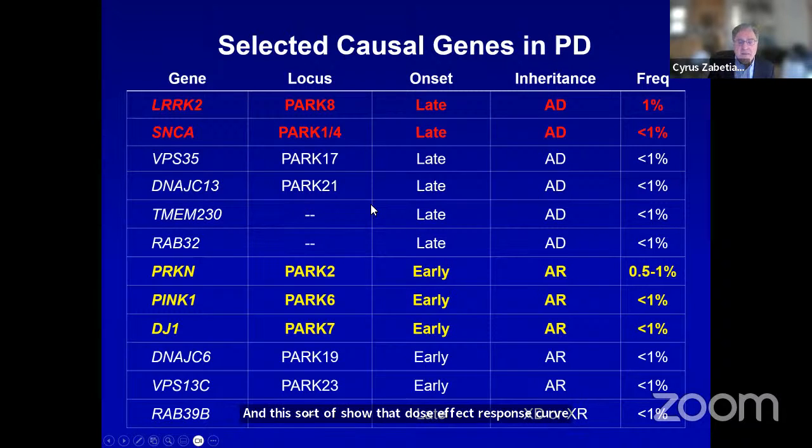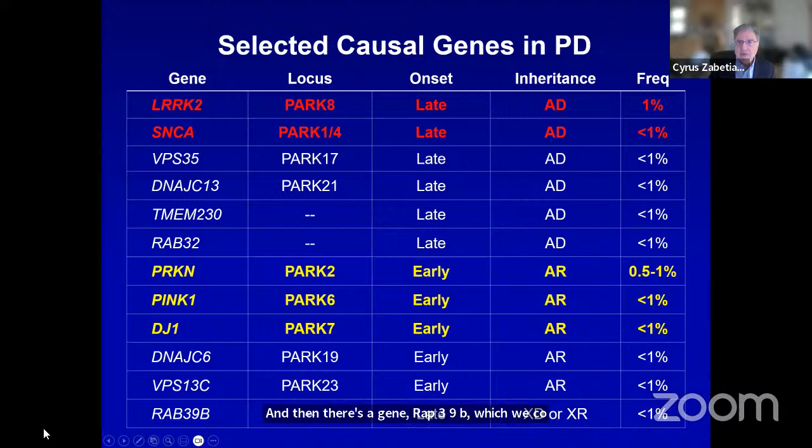By now, there are at least a dozen causal genes that have been discovered and reported for Parkinson's disease. I highlight a few here. So SNCA, which we just talked about, and LRRK2 are the most common ones amongst the dominant forms of the disease. Parkin, PINK1, and DJ1 are the most common by far amongst patients that have autosomal recessive or juvenile autosomal recessive Parkinson's disease. And then there's a gene, RAB39B, which we co-discovered a decade ago, which is actually X-linked, but quite rare.